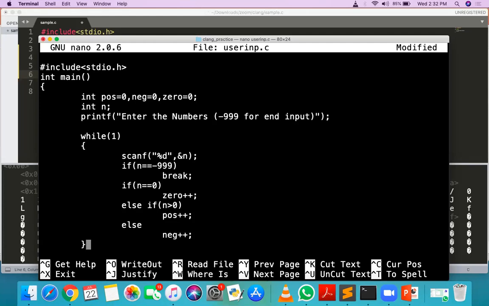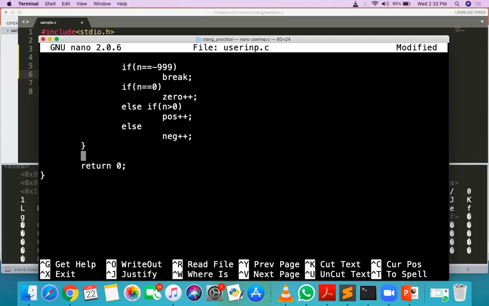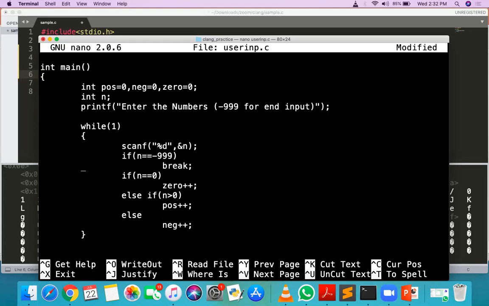Okay, so it will continue to increment the zero, positive and negative variables, and when you are coming out of the loop, it means that the user has entered -999.